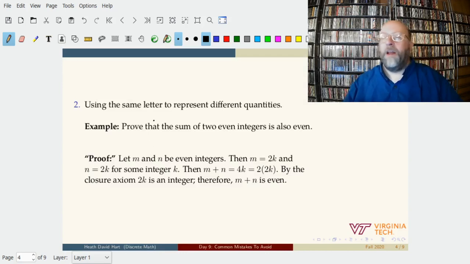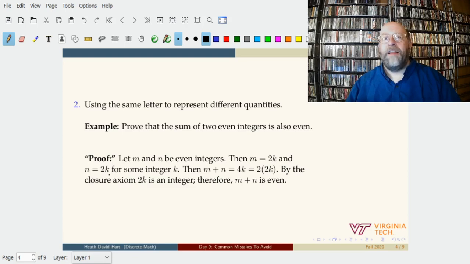Another common one, and it's one that I still sometimes fall into the trap of doing, is not keeping track of which letters I've already used and repeating a letter that I've already used to represent something new. So if you know the definition of what it means to be even, and you say let m and n be even, so m is equal to 2k and n is equal to 2k,